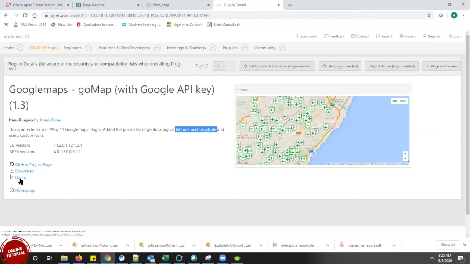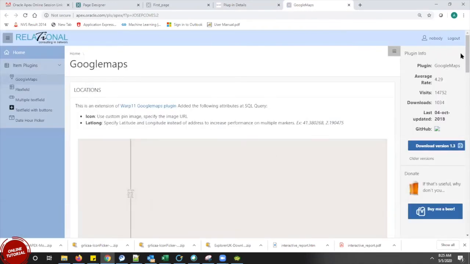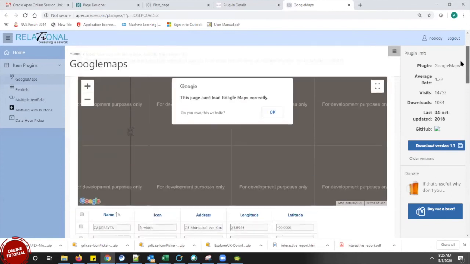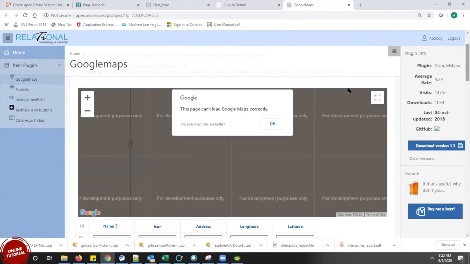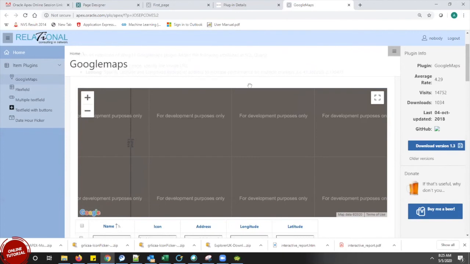If you see this demo, you will get to know what this Google Map is actually doing.